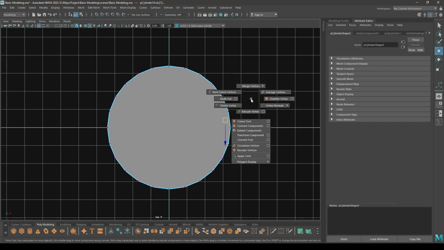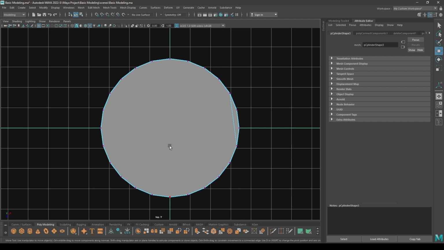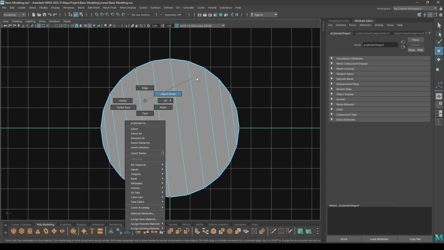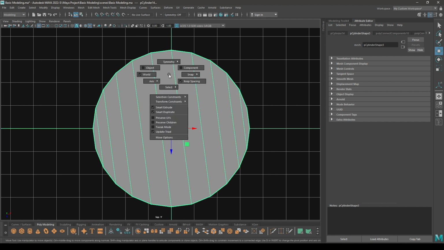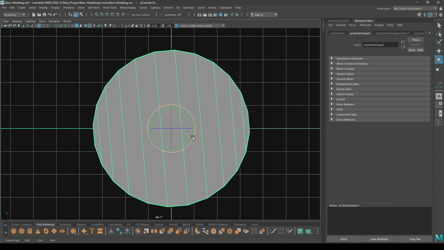Then press shift right click and select this connect component, and we're going to repeat the same thing for all these vertices. So this looks like a little bit rotated, so just rotate to fix this.